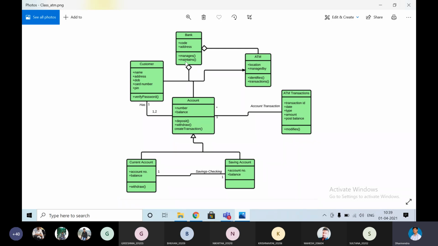Now account is the part of bank, that's why we are showing the relationship. A direct line we can draw, with a diamond, a line ended with a diamond. This is called aggregation relationship. Okay, next, customer. Who is the customer? What is the relationship between bank and customer directly? Customer is the part of the bank, that's what they kept here.